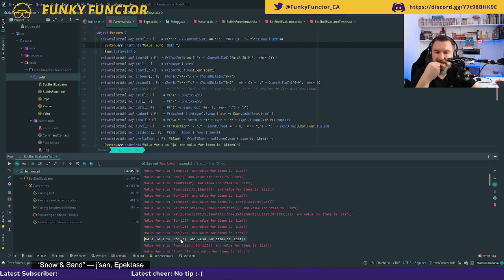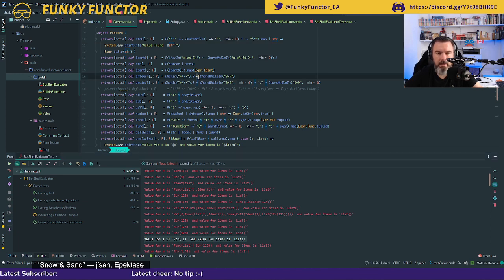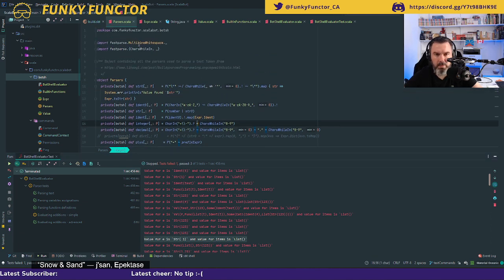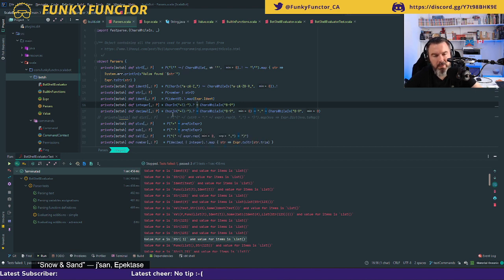My guess is that this tilde, because I am using white spaces, accepts the white space because I have a plus or minus before. Okay, so let's think about it.